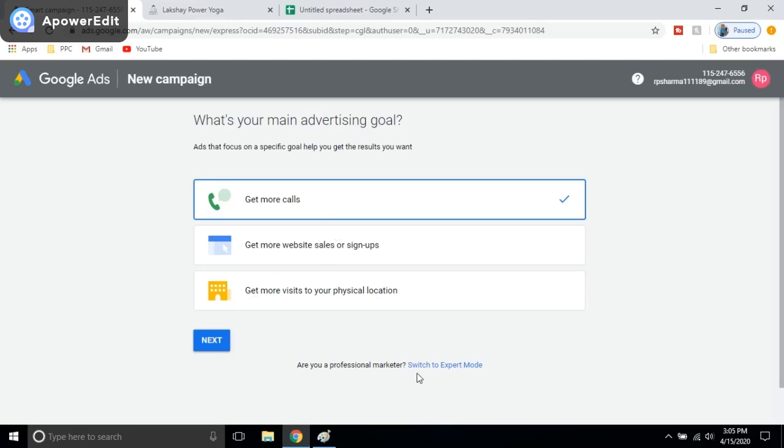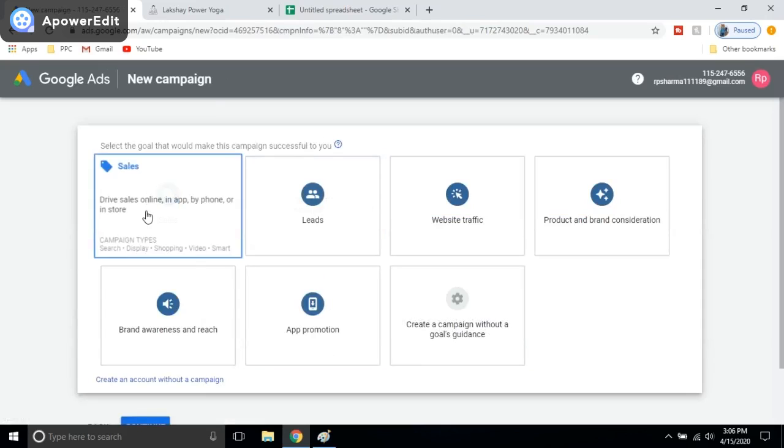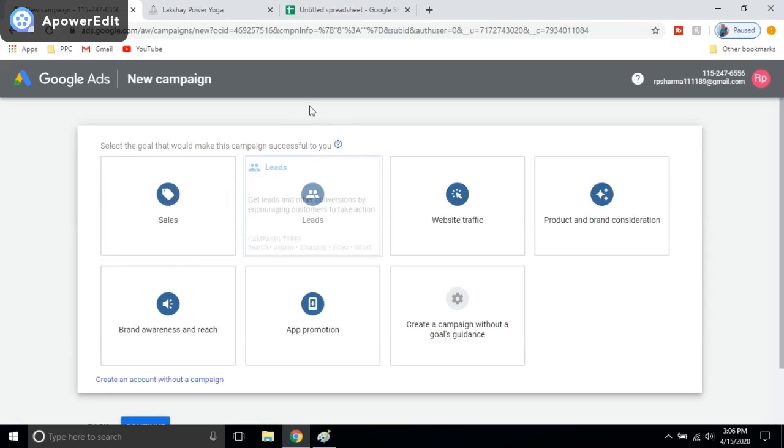But if you want to switch to expert mode and jump directly to creating ads and campaigns, then you can switch to expert mode. Then here we can see there are multiple goals available, among which we can select our goal specific and related to our website.